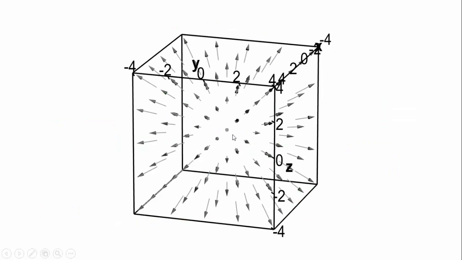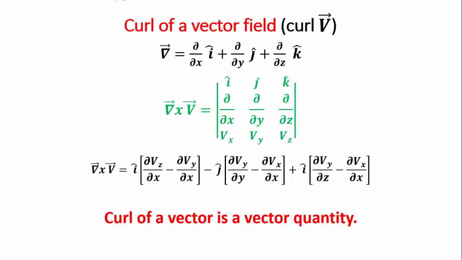Let us see this example. This is a cube and from the center the arrows are coming out on all sides. So what we can say? We can say that the field of the charge placed at the center of the cube is diverging, that is, it is coming out. So this is one of the examples of the divergence. Let us move forward. Curl of a vector, as we have already seen in the SY syllabus, it is del cross V bar.